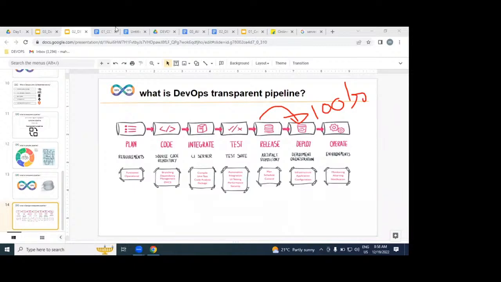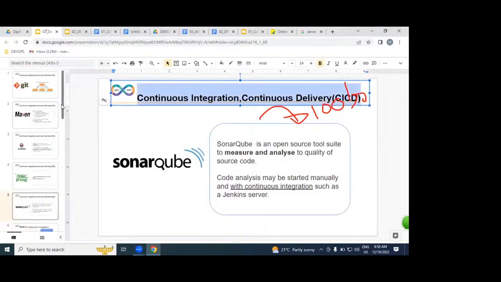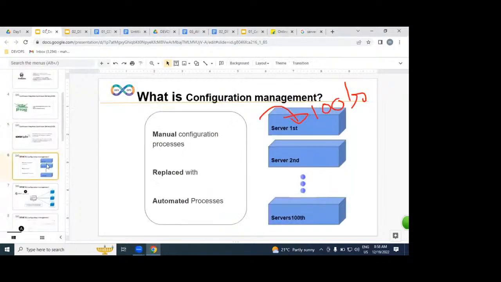That automation process we are going to implement by using what? Configuration management. So what exactly is configuration management? Please, anybody help me, you know that answer. A manual process replaced with an automation process on hundreds of servers. It is nothing but configuration. So what is our job exactly? Creating files and installing software on hundreds of servers.